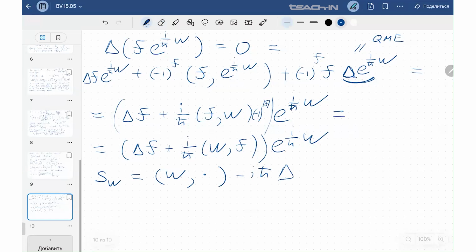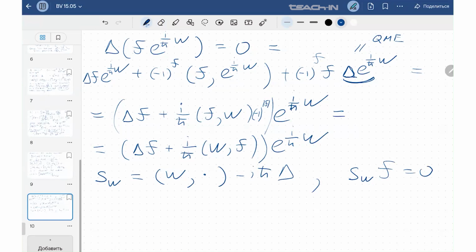And the condition we get is that SW f is 0. So this is the condition that our path integral of the exponential of the action with f is